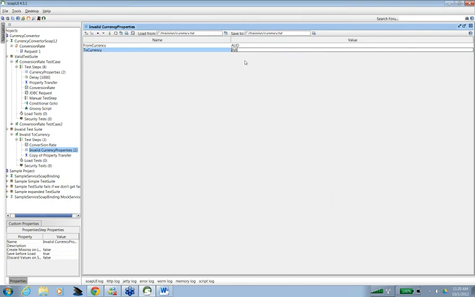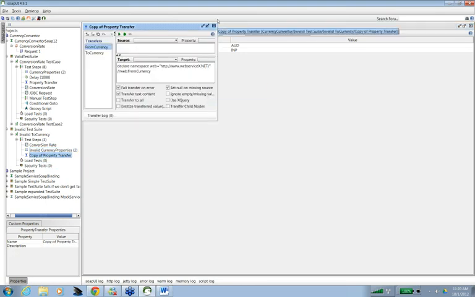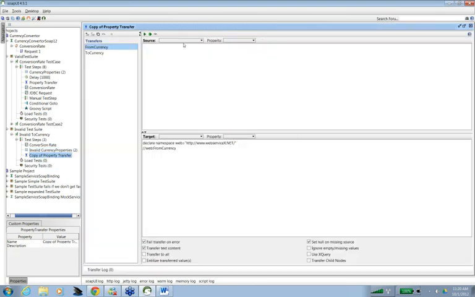So instead of INR, I will write, let's say, INP, and in copy from, I would say invalid currency properties, and from currency this is just the same, and for to currency I would say again invalid to currency, right?